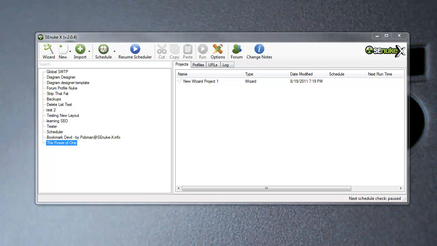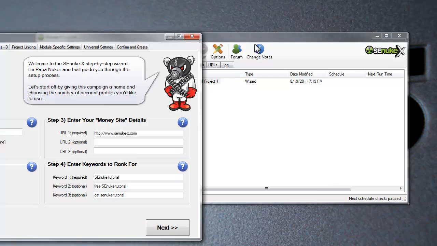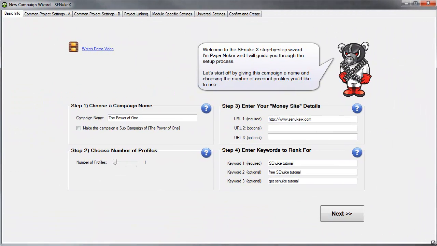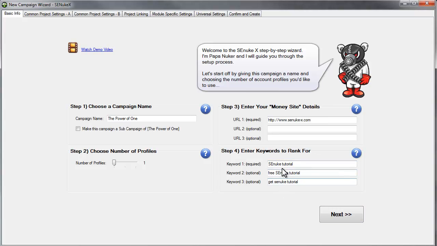Now I promised to go through the power of one with you, and that's exactly what I'm going to do. I've already created this as a complete wizard, just so we can speed through it a little bit. Let me just open it up and drag it across to the correct screen again. There we are. As you see, I've already filled everything in, and we're not going to go through everything